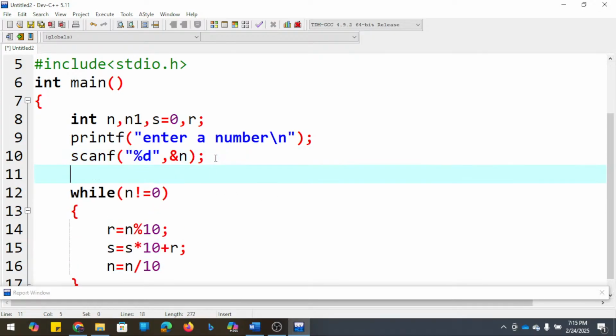Let's put one statement here, and 1 equals n.